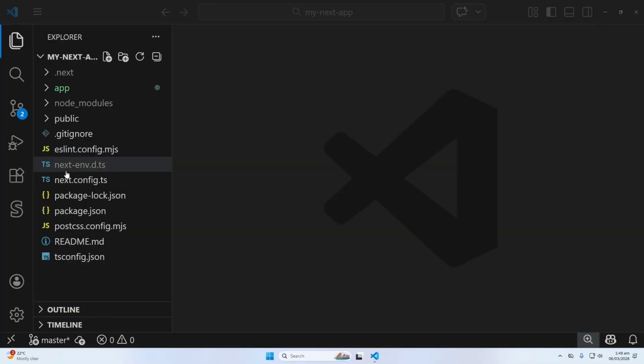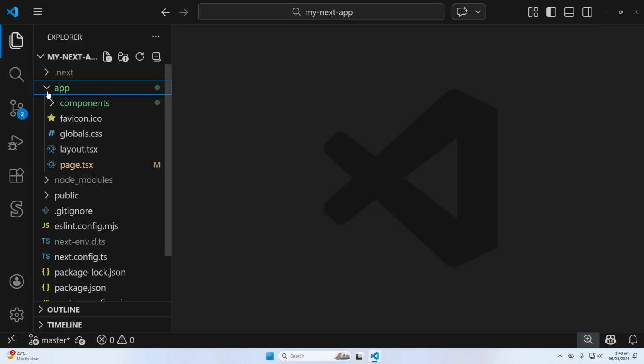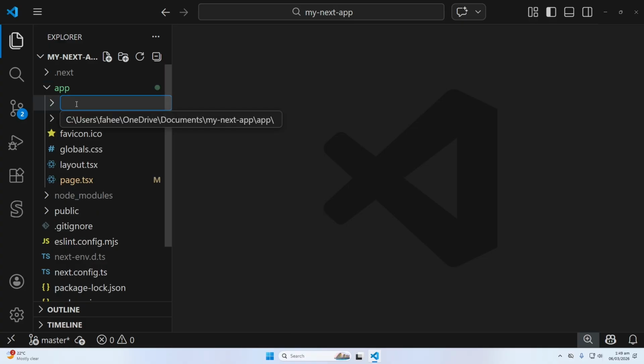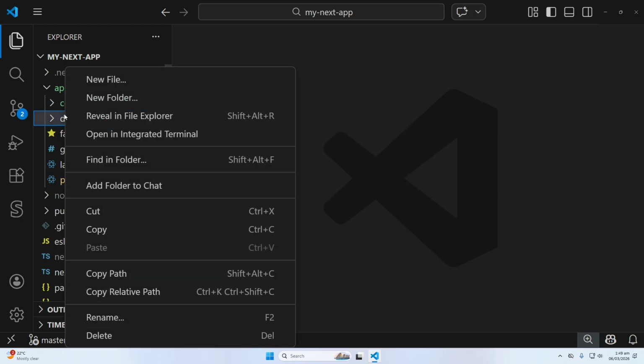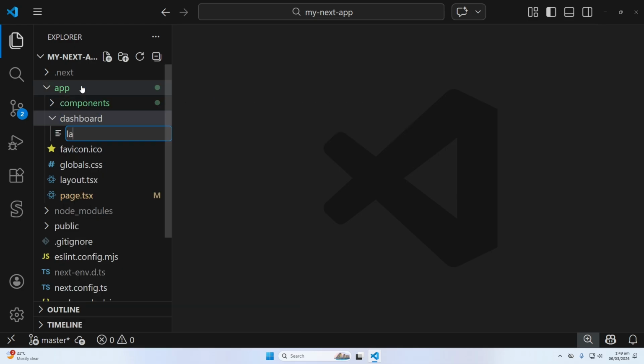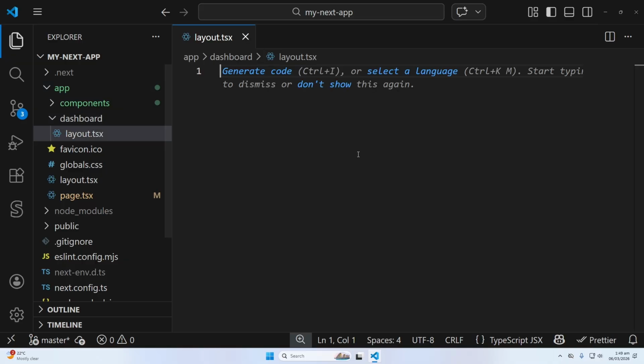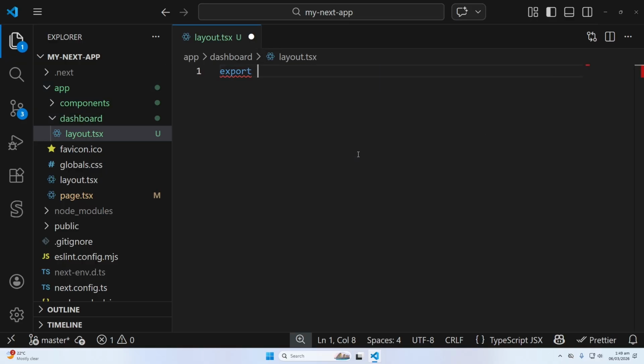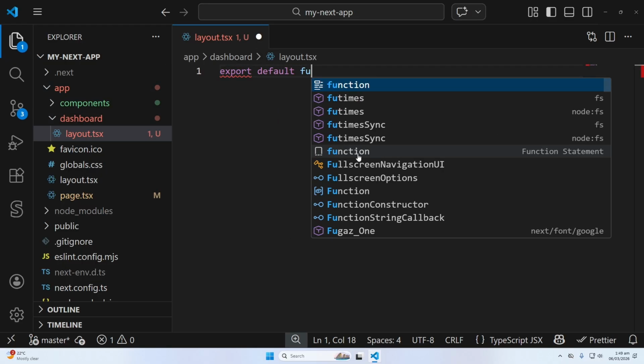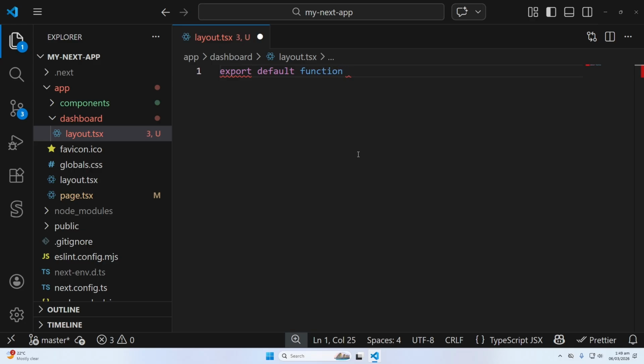So now let's understand with a practical example. You can see on my screen that here we have an app folder. I'm using the app router, and from here I'm going to create a new folder called dashboard, and inside this I'm going to create that special file, which will be layout.tsx. Now inside this I will write my code: export default function RootLayout. It will accept a prop called children, and its type will be